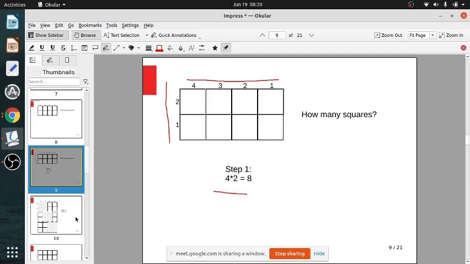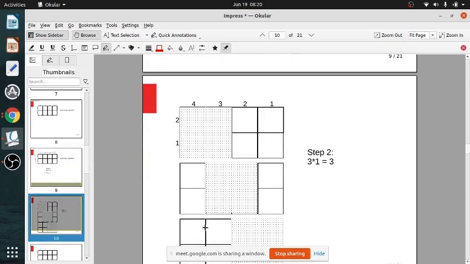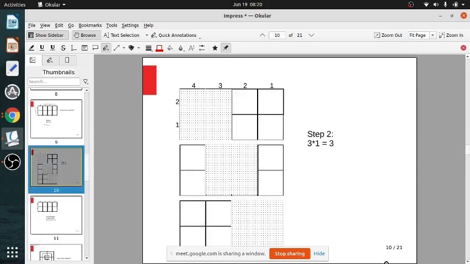Then, second step, you see what happens when you take 2 at a time. How can you take 2 at a time? Vertically, you have to take 2 because you have no other choice, you have got only 2. But horizontally, you can take the first and second, or the second and third, or the third and fourth. So, 3 possibilities you have got. So, 3 into 1, 3.